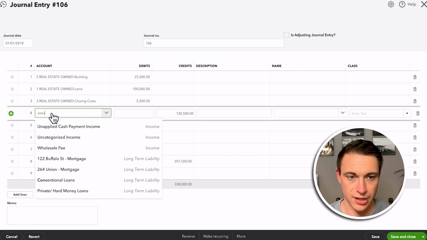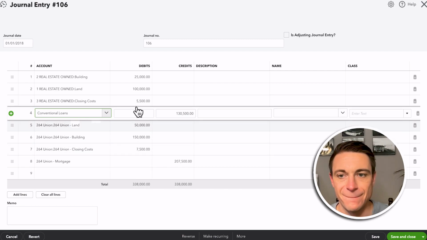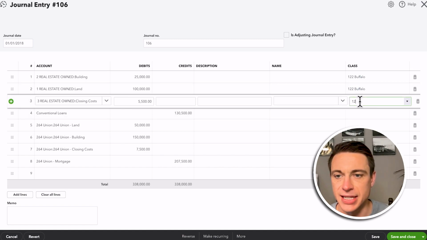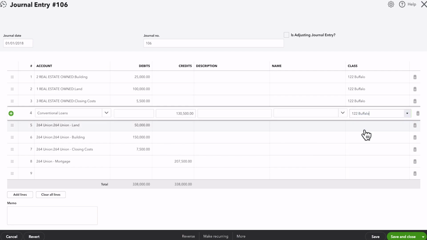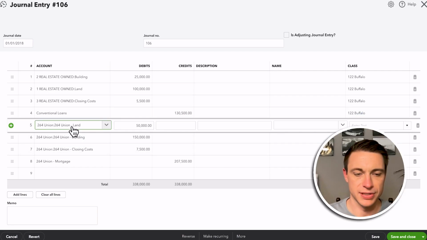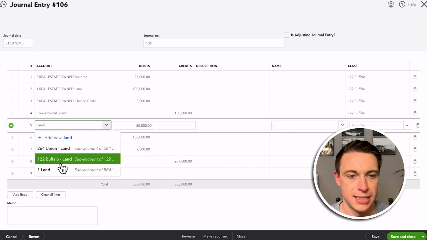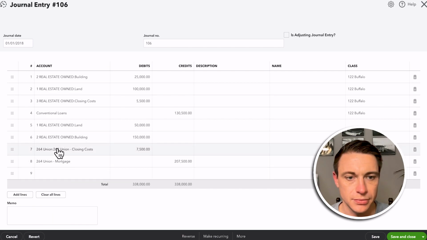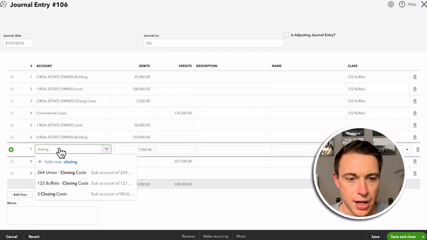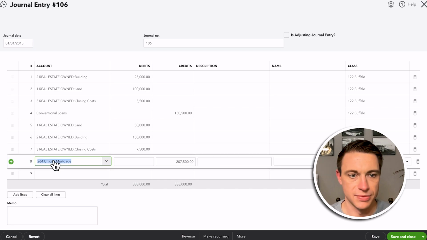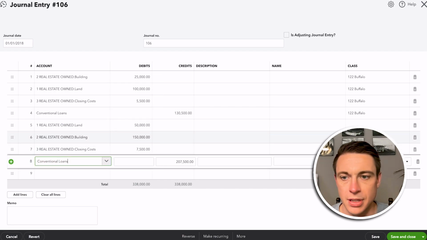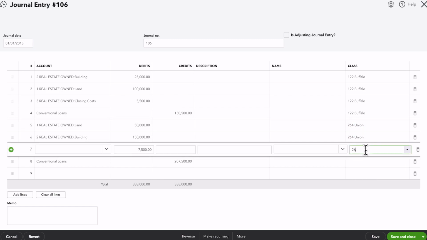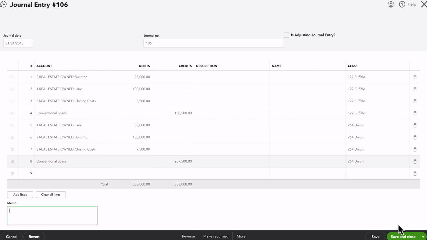We can have an account, say, for conventional mortgages. Now, when I do that, I'm gonna use class, okay? And so what I'm doing here is I'm really retaining the exact same information that I did before, but now I'm doing it in two dimensions, okay? And so we're gonna see what this looks like on the balance sheet. There's land, building, closing costs, and then here's my conventional loans. And here I'm gonna go 264 Union. Okay, now when I save and close this,